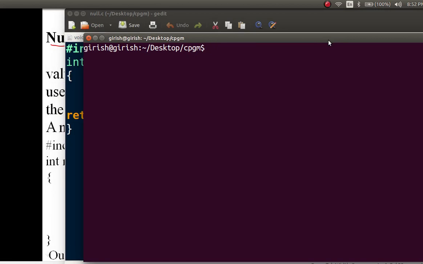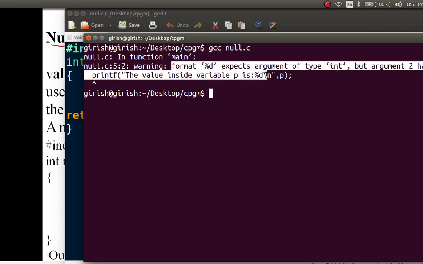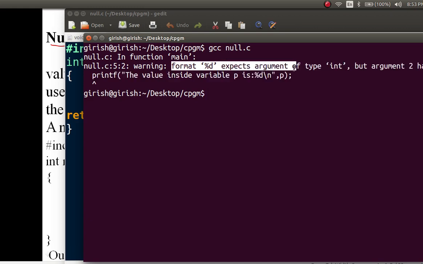First we have to compile. While this is a warning message, don't consider it an error, it is just a warning. Okay, now execute the program.